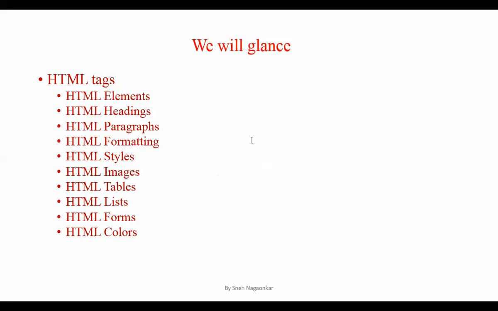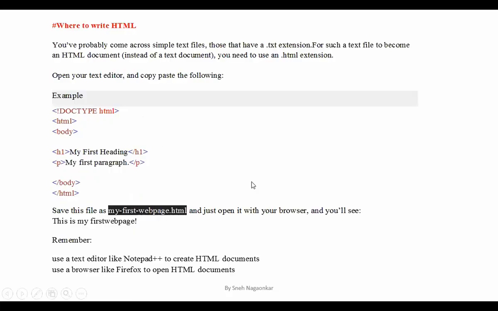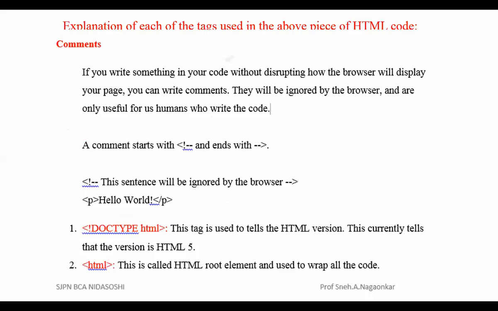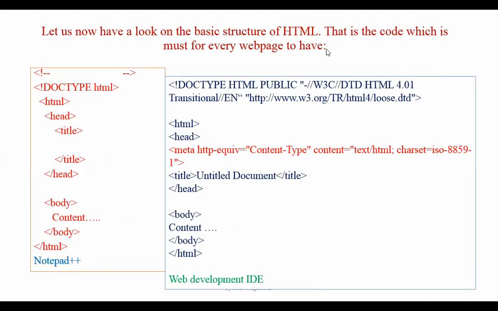How will you identify which is an HTML program and which is an XHTML program? I'll tell you the difference between both of them. Here you can see there are two structures, two types of files. This file is an HTML file, which appears with Notepad++, which you are going to create. And this file is called an XHTML file.